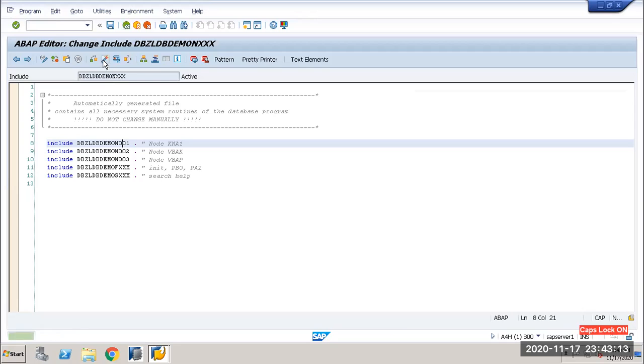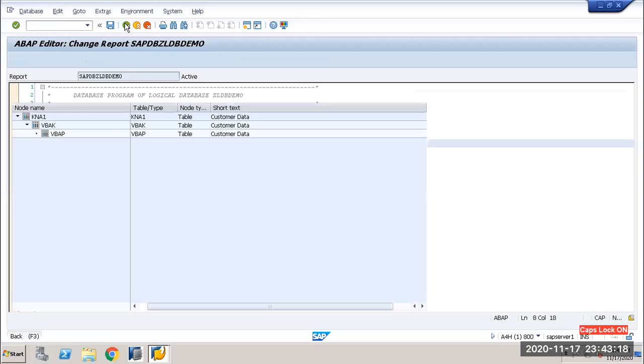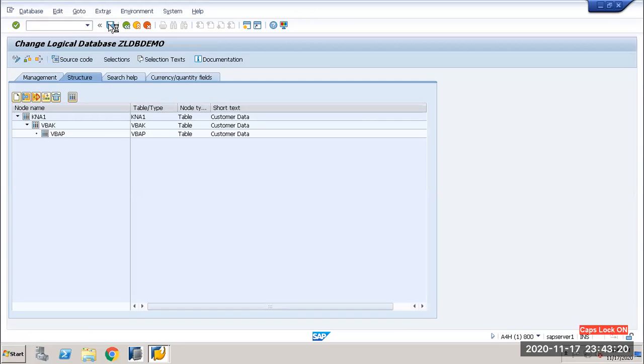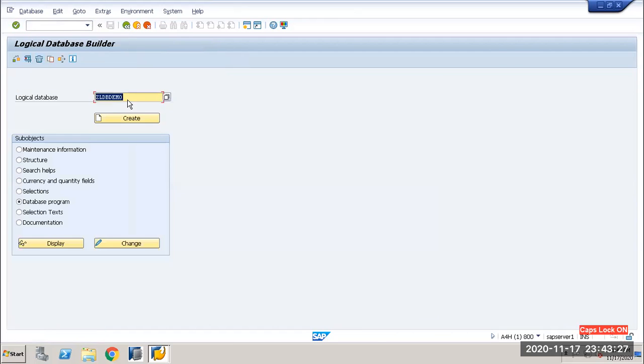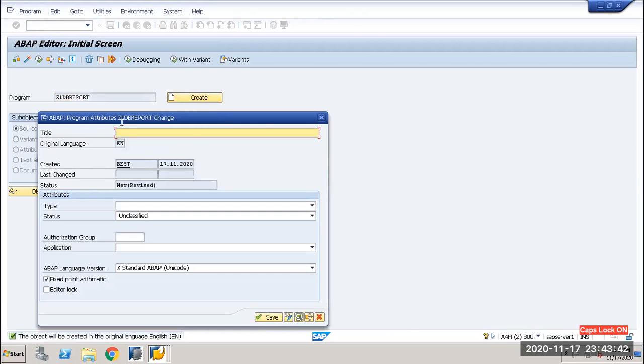Okay, so I'm done with the logical database creation part. Just save it, and it got saved. Let's copy the name of the logical database, and I will create a report where I will use this logical database. Okay, so ZLDB report, and click on this create button, LDB report,